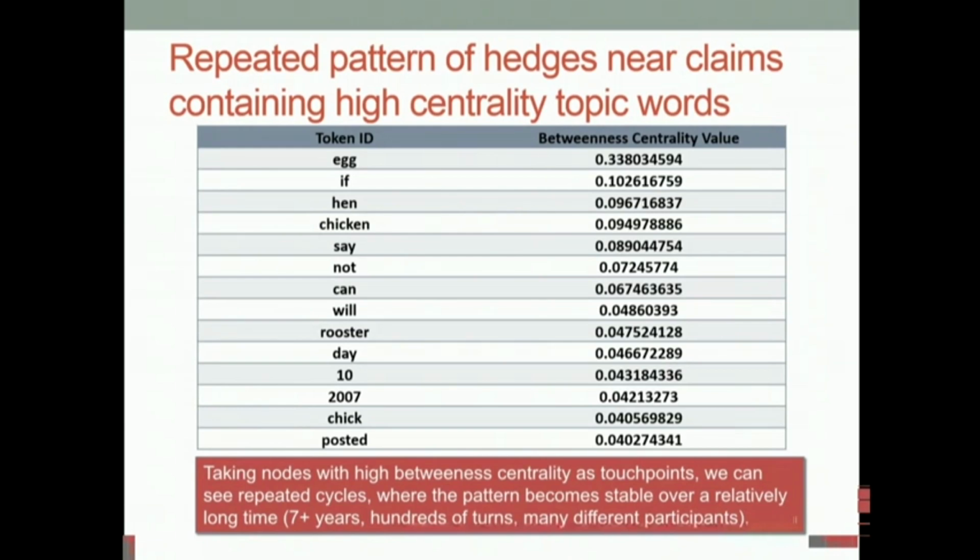But if you look at what else is high centrality in this little table, the very next word is "if." And then down below, we have "can" and "will," these modals. Modals and conditionals near high centrality content words turn out to be really interesting because they are hedge moves. They indicate that people are treating the topic in ways that science treats those topics. So when we see that co-occurrence, it's a pretty stable indicator of when we're seeing scientists or scientific discourse or something like it.